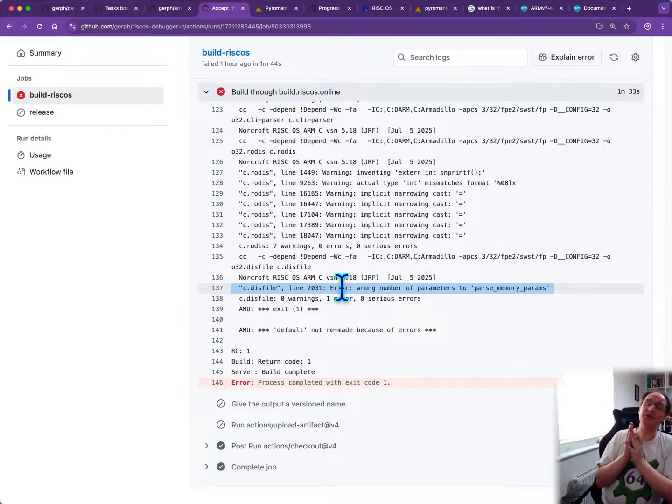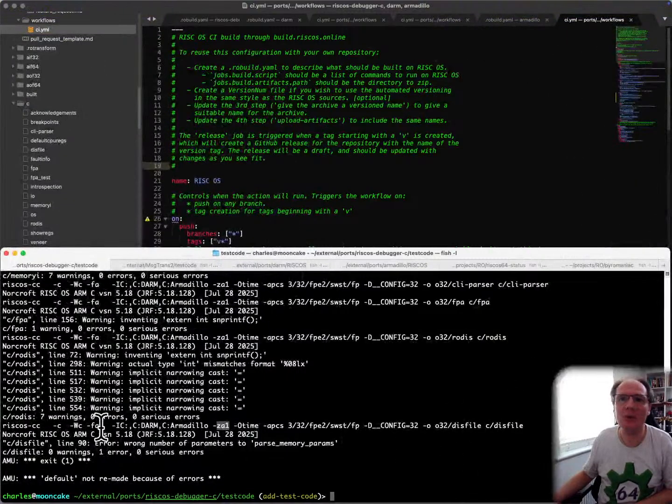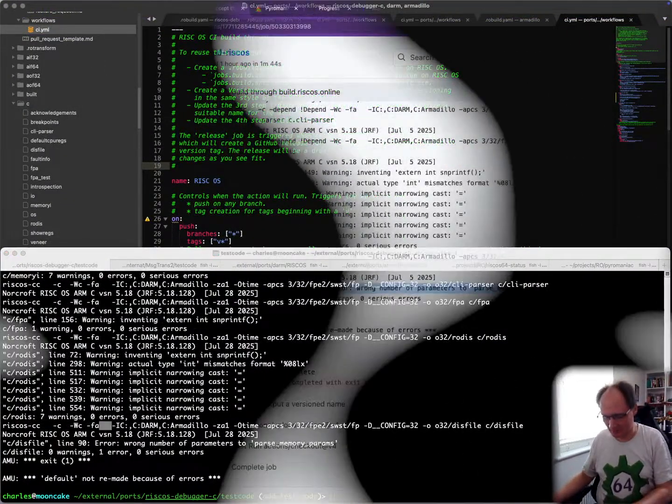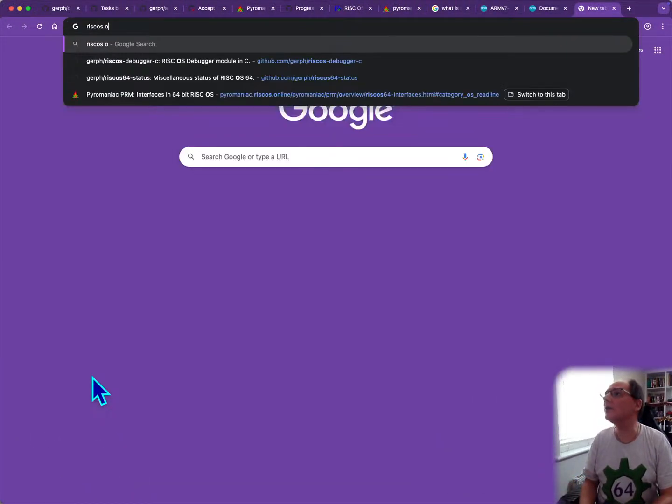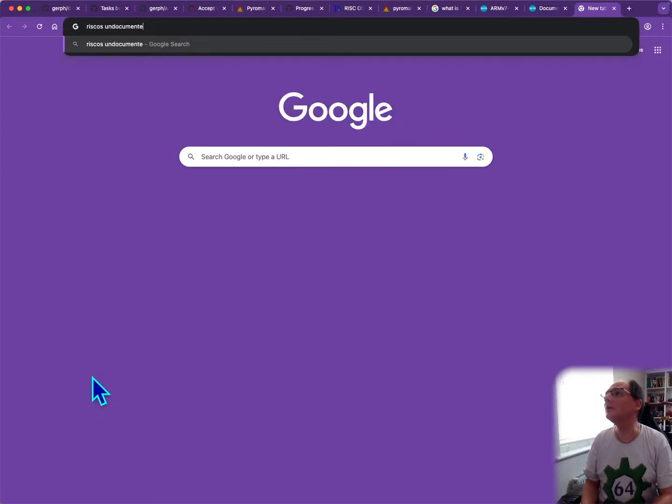So I had forgotten to turn that off. When I introduced the 64-bit builds, I omitted that particular switch by accident. I think it's ZA1, or either ZA1 or FA. Can't remember. RISC OS undocumented